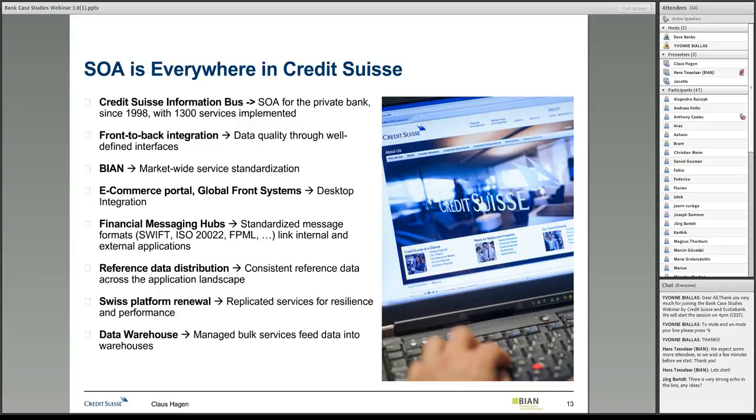And maybe the last example is the one at the bottom, the interfaces into our central data warehouse platform, which are mainly file-based, or as it is called here, bulk services. And that's for us an important principle. We treat file-based integration as service-oriented integration as well, and want to bring the same degree of management to file-based data transfers that we do to messaging or more service request reply style communication. So like I said, we do a lot of SOA,